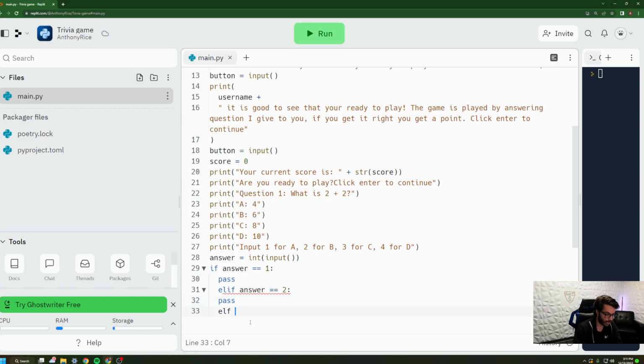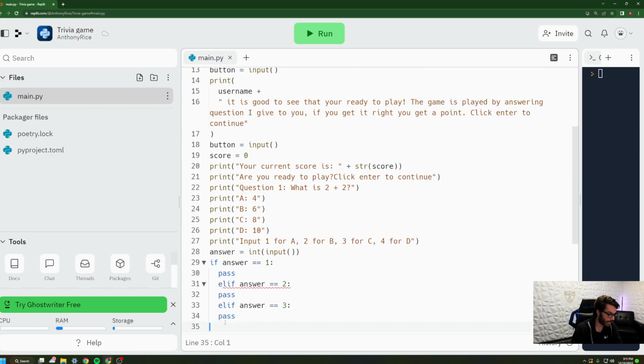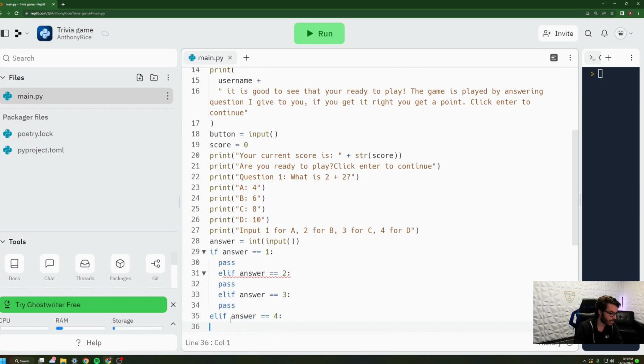and then here elif answer is equal to 3. And again, I'm going to pass. Boom. Okay, and then elif answer is equal to 4 here, and then else